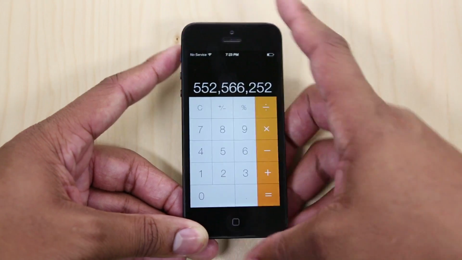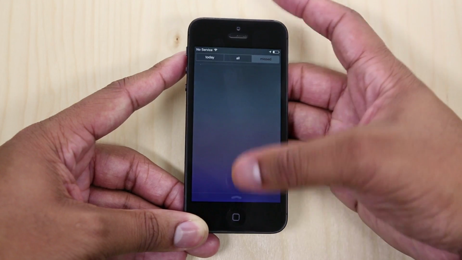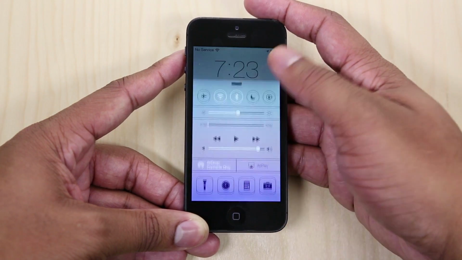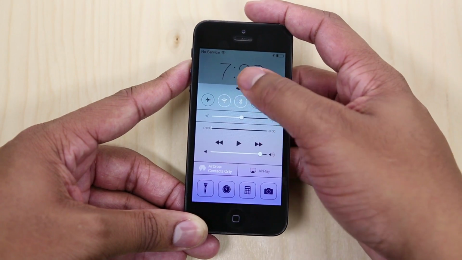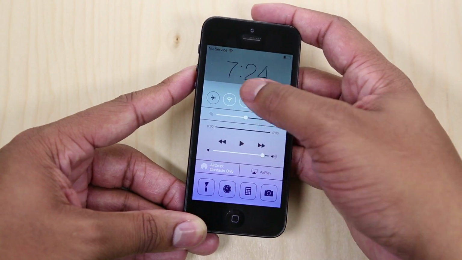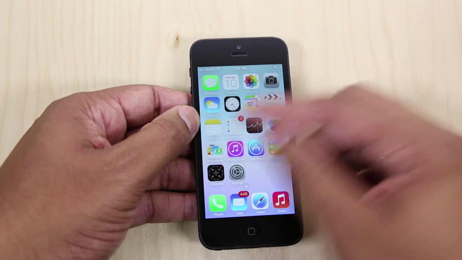And now you can also access the notification center from the lock screen, and also you can access the control center from the lock screen as well. So basically, no matter what you're doing, you can access both of these things now. And I think it's not wanting to slide down. Let me hit the home button. All right, that works. All right, so now let's take a look at some of these stock applications,